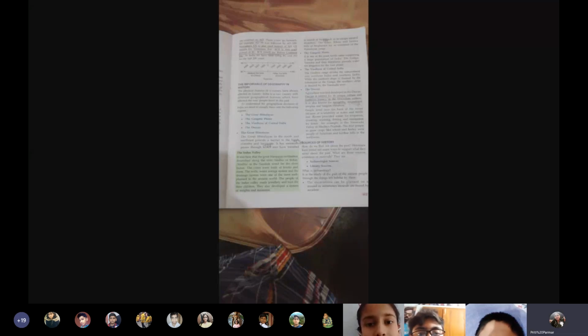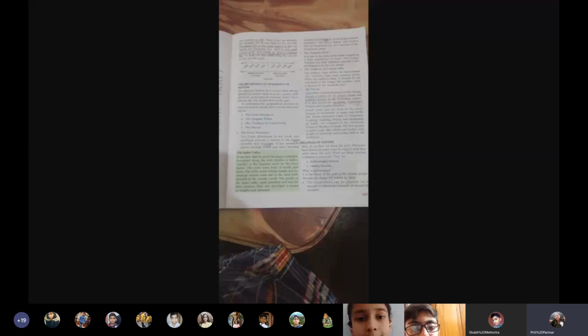Then the geography of a place, the Vindhya of central India. The Vindhya range divides the subcontinent into northern India and southern India, while the northern slope is drained by the